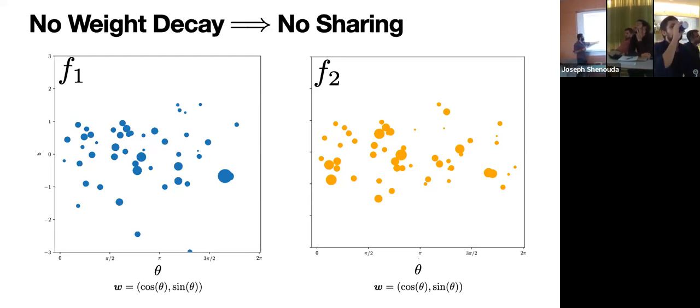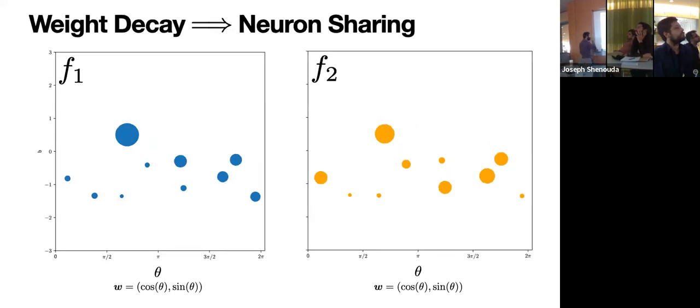So you see you have dots here that aren't on the right-hand side. You have some dots that are much bigger than on the right-hand side, etc. So it's a very different type of thing going on. But when you do weight decay, you get a very different behavior. You see that the neurons are located in almost the exact same spots. It's literally exactly the same. So when you're doing weight decay, what you're doing is trying to find some kind of shared representation.